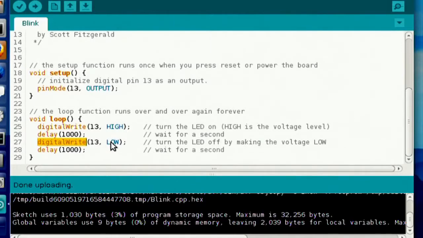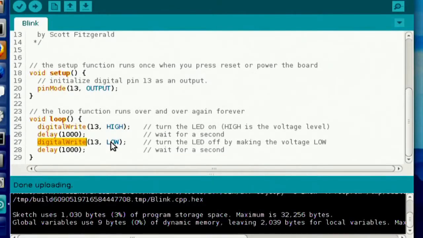What this program is meant to do is blink an LED on and off. On for 1 second, off for 1 second, on for 1 second, off for 1 second, lather, rinse, repeat. It just goes on and on like that. And so it's a very simple demonstration of how I make my code change something in the real world.